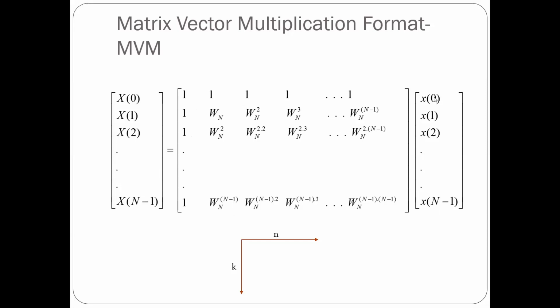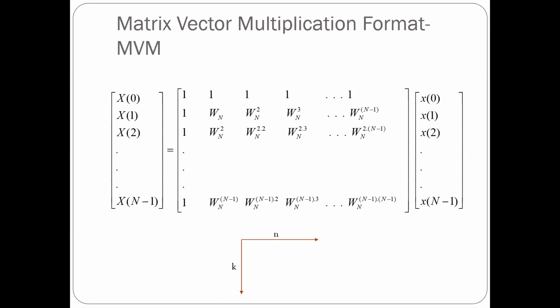So you are talking about complex multiplications here. So n square is the number of complex multiplications. For example, x of 0 could be of the form a plus jb, and this could be of the form c plus jd. So in just one multiplication, a plus jb into c plus jd, you have 4 multiplications, right? Meenakshi, are you getting me?